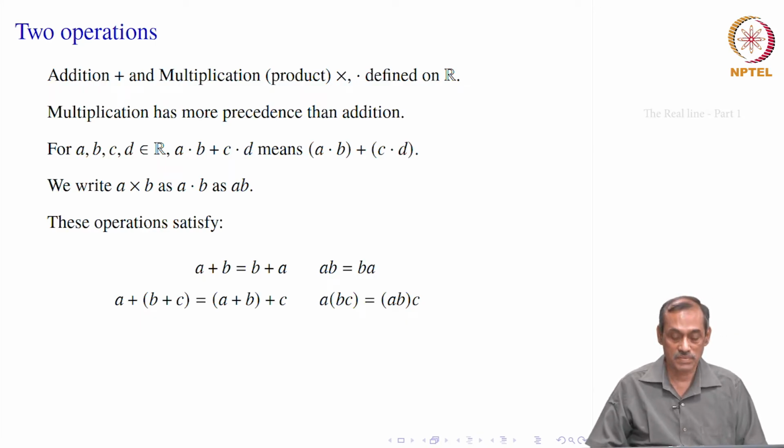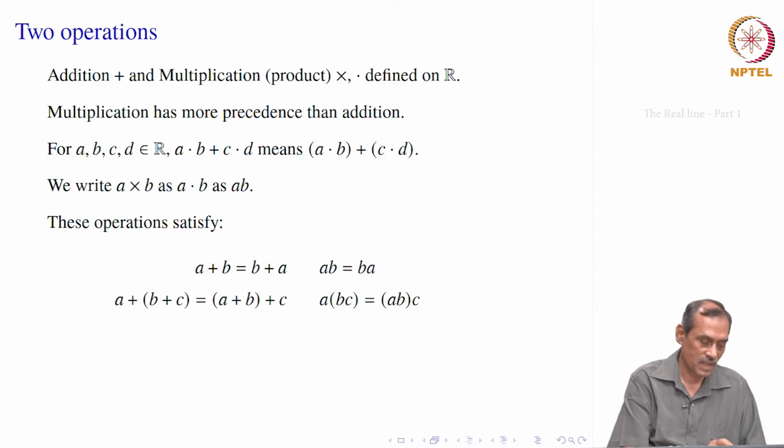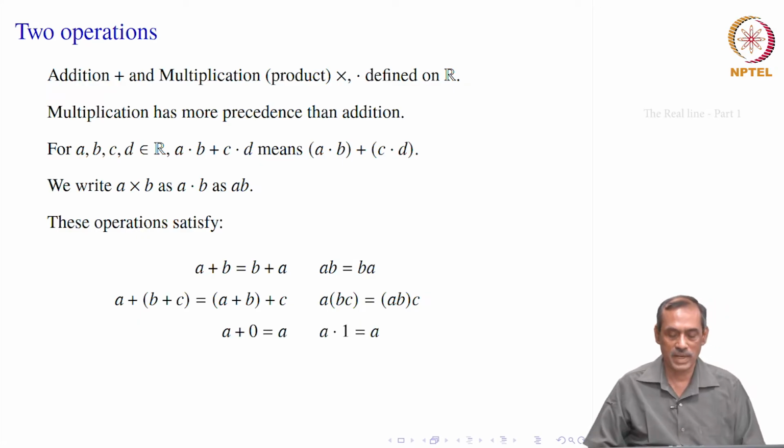And there is a further nicer thing for us, we can curtail many more brackets due to this associativity property. We say that A plus (B plus C), which means B plus C is first obtained, then A is added to it, is the same thing as (A plus B) plus C. On the right hand side we see that first we obtain A plus B, then add C to it, they are the same. Similarly, when you multiply, you take BC, multiply with A and then take AB, multiply with C on the right, they are the same. Of course, because of commutativity, left and right will go away.